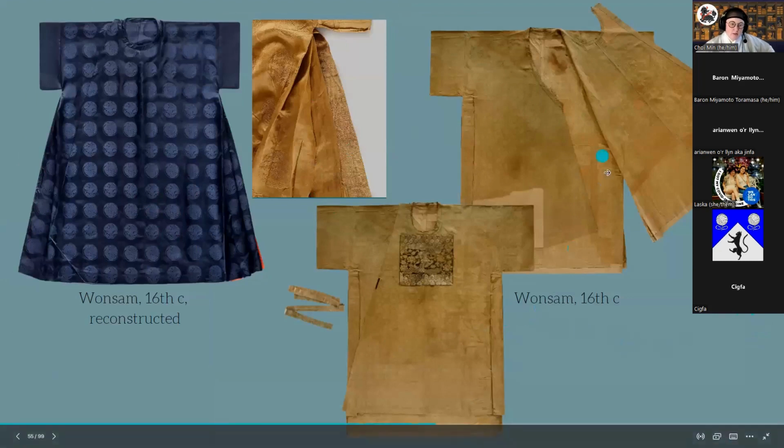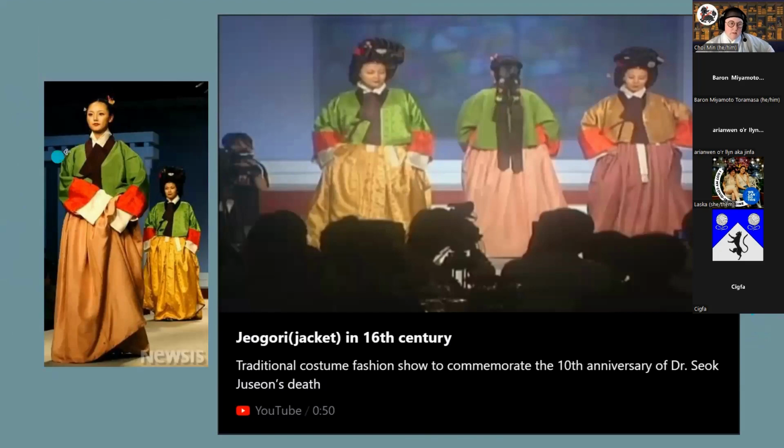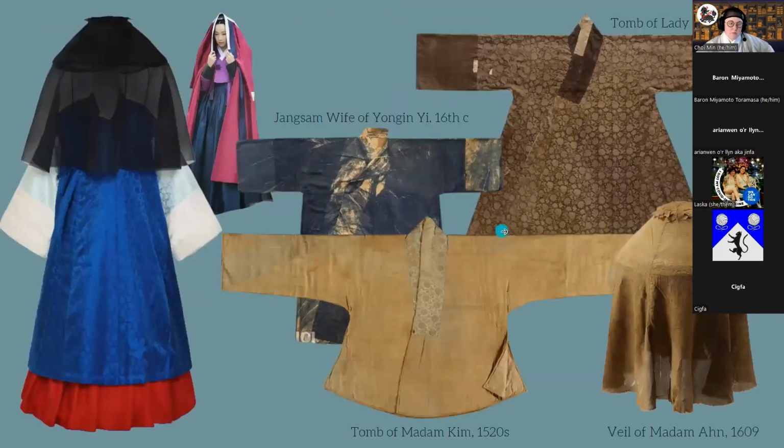So anyway, here's the wonsam, and the rank badge here would have either been for a festival or decorative, or it would have been her husband's rank. And then here's the reproduction, and you can see that they took the sleeves and rolled them up. But knowing the width of these, this is basically going to go down to your elbows, like it does when Myungsu made hers.